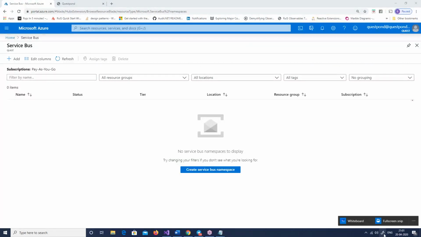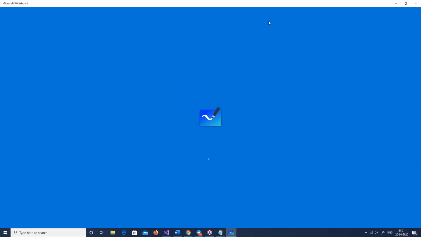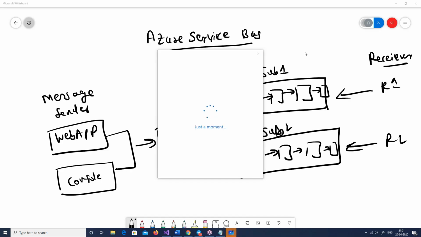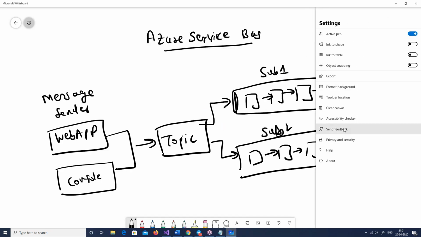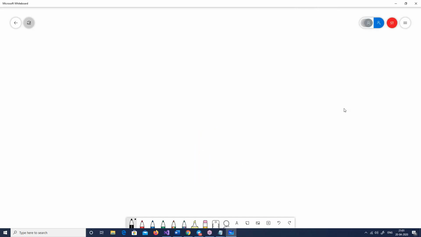So here it is. What exactly is Azure Service Bus? This Azure Service Bus, if you ask me in simple words, is nothing but a sophisticated queue, right? So I'm going to go and delete all this. So Azure Service Bus is a sophisticated queue. So if you remember, we talked about